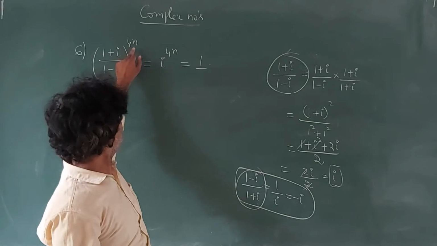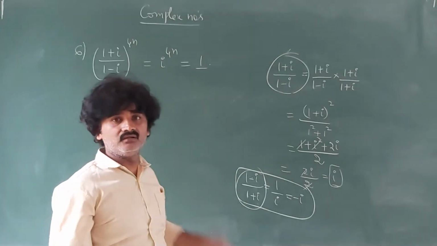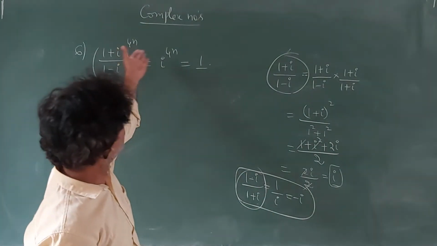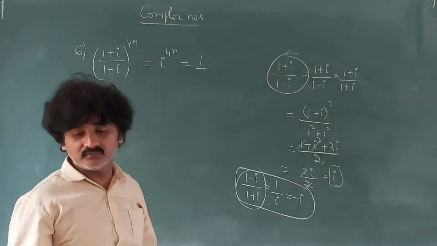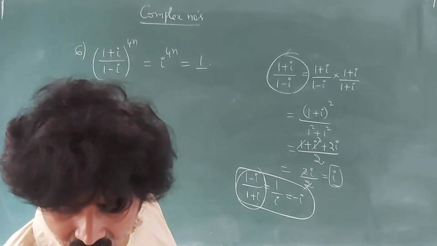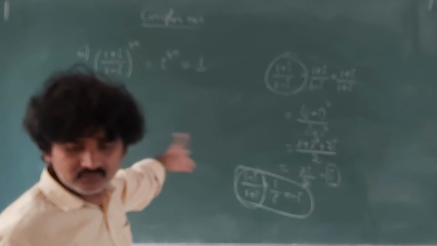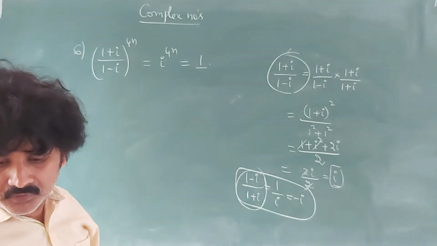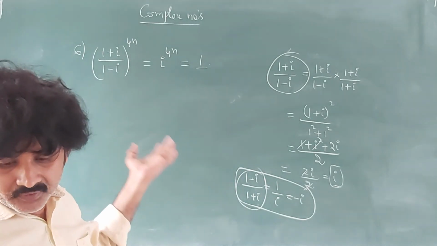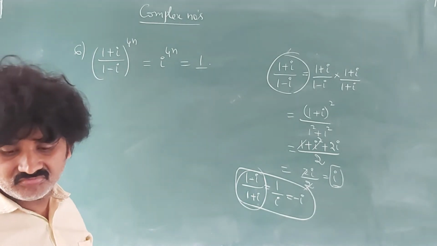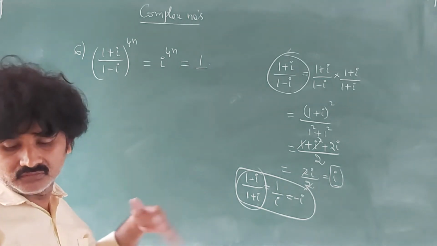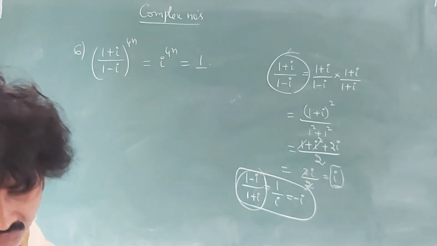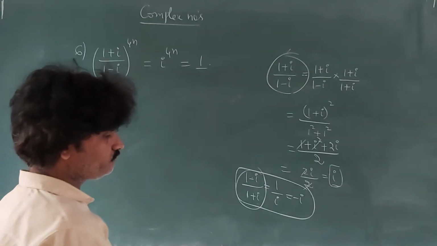So since this is i to the power 4n, it is always 1 only. Whatever natural number you took, the answer is 1. But what is the question they are asking, n or what? Simply that value, the answer is 1. Right? Then, can you try the 7th one yourself? Where n is any positive integer given, simply take n value 1 and do it. Okay? So do the 7th one as homework. Now let us come to the 8th one.